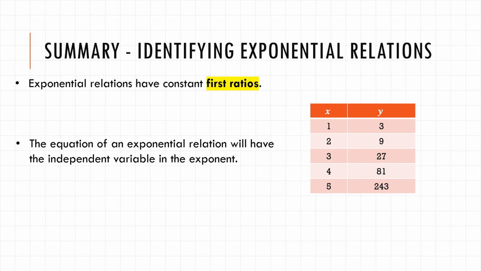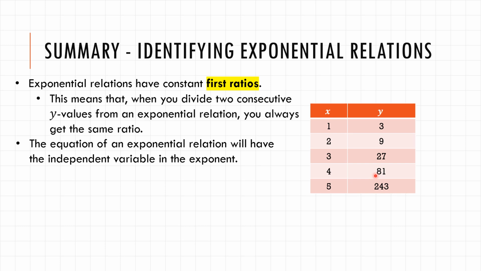Exponential relations have constant first ratios. And that means that when we're looking at a table of values, when you divide two consecutive y values, you always get the same ratio. So 9 divided by 3, 27 divided by 9 is 3, 81 divided by 27 is 3, 243 divided by